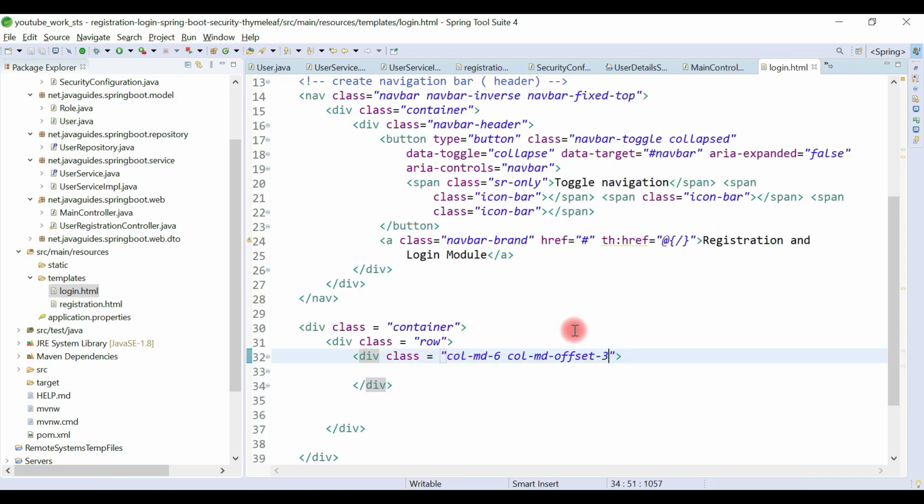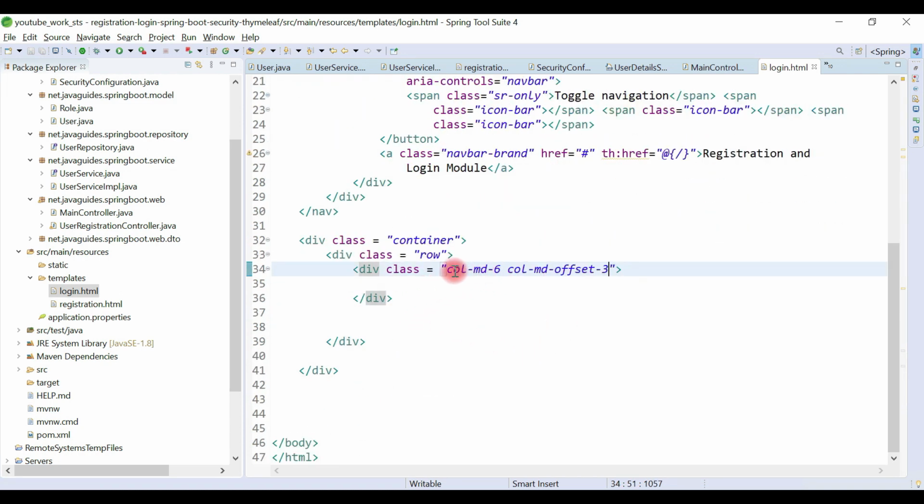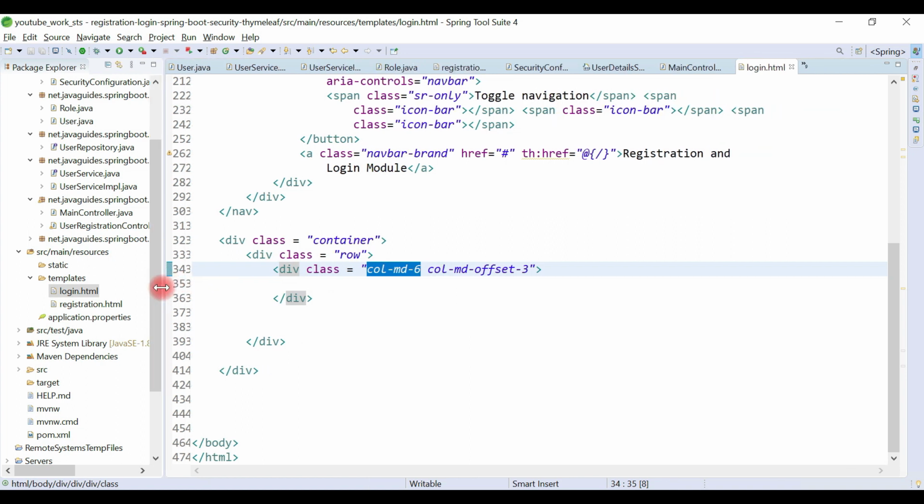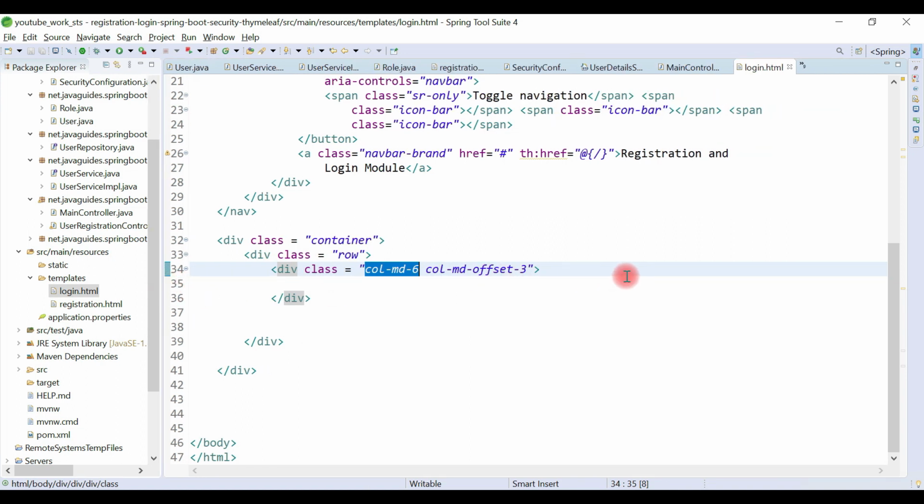We're going to align our login page in the center. For that we are going to use the offset CSS class, and this is the Bootstrap CSS grid system. If you don't know the Bootstrap CSS grid system, then please go through it.